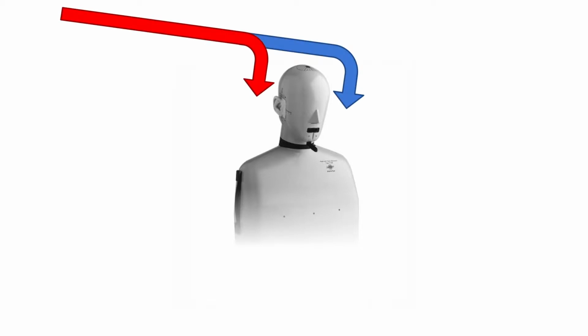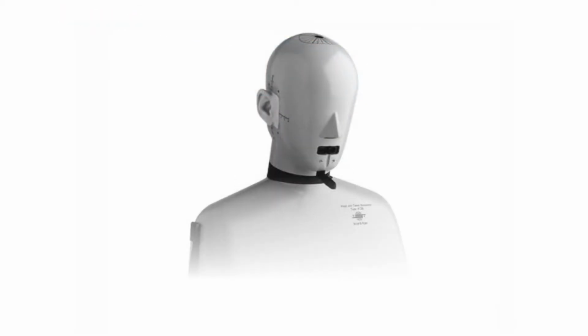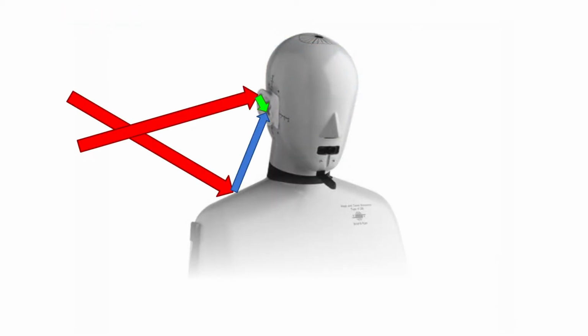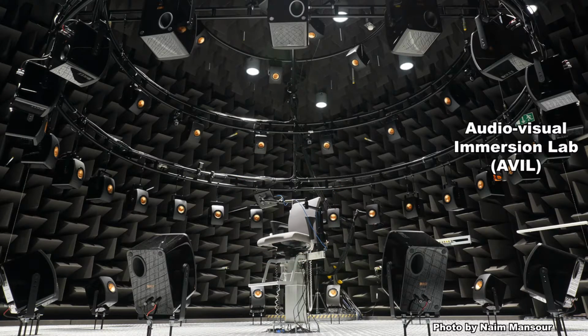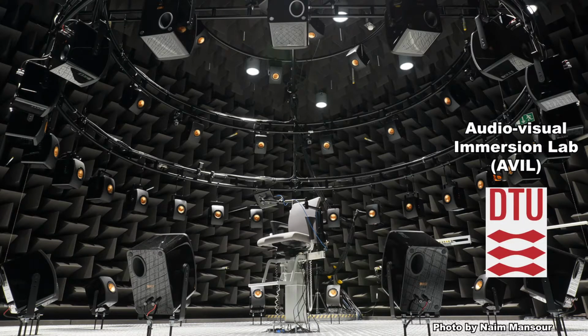Also, a dummy head or a head-related transfer function attempt to mimic the presence of a person by introducing the delays between ears and the effect of the body on the incoming waves. But they will not match every listener perfectly, since different people have different bodies. With ambisonic reproduction over speakers, there is no assumption on the listener's body. The listener only needs to stand in the sweet spot, but is free to rotate around and listen to the sound change accordingly. This setup for ambisonic playback is in the Audiovisual Immersion Lab, located at the Technical University of Denmark.